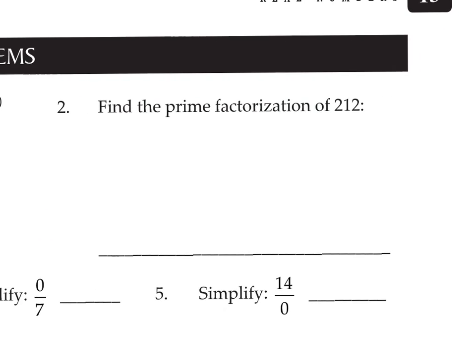All right, on number 2, we're going to find the prime factorization of 212. Using the tree again. 2 times 106. 2 is prime. 106 is 2 times 53. And 2 is prime. The big question now is, is 53 prime? It's not divisible by 2. It's not divisible by 3 or 4 or 5 or 6 or 7 or 8, which leads me to believe